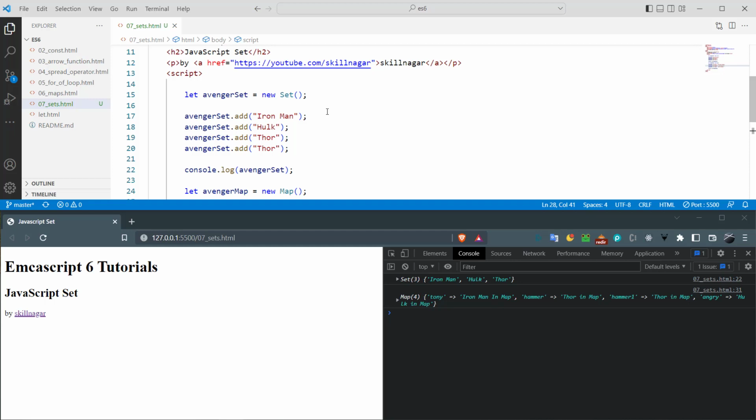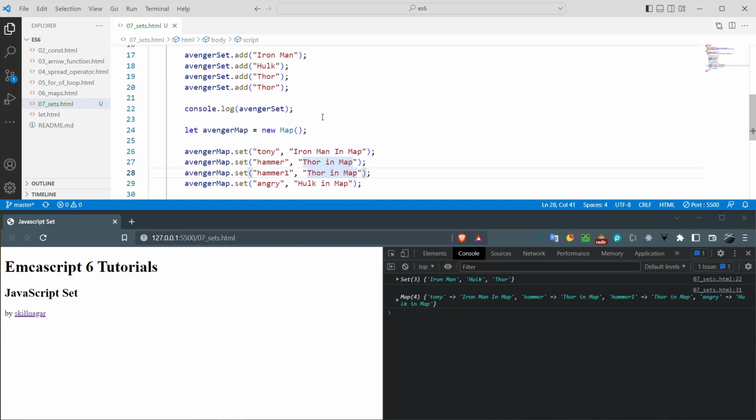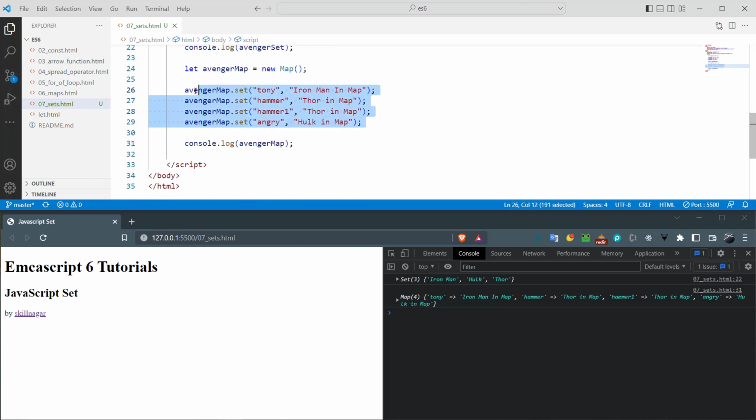So basically what happens, inside a set we can only have unique values. Inside a map we can have same values more than once. The only difference is obviously we have to have the key. So this is what set